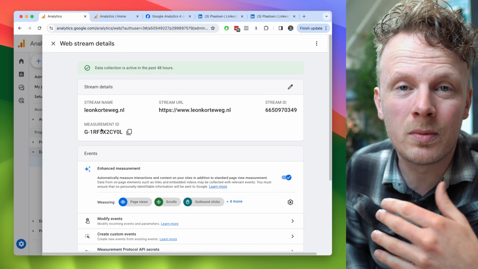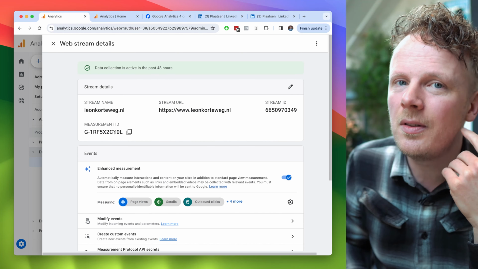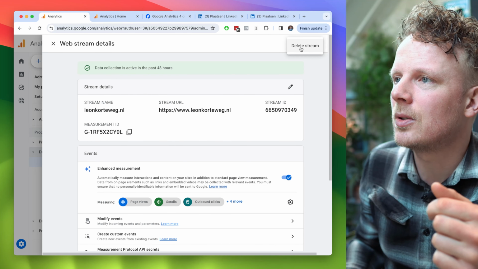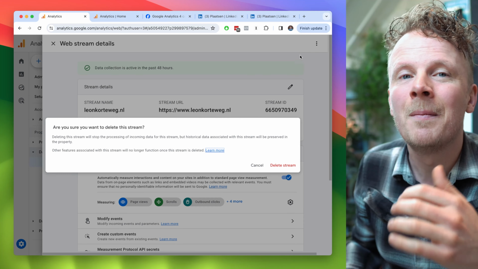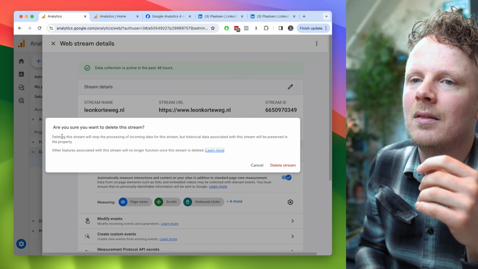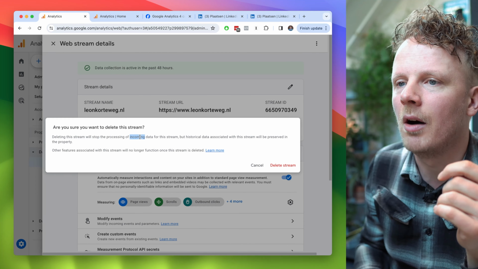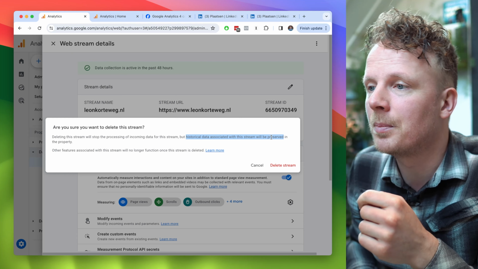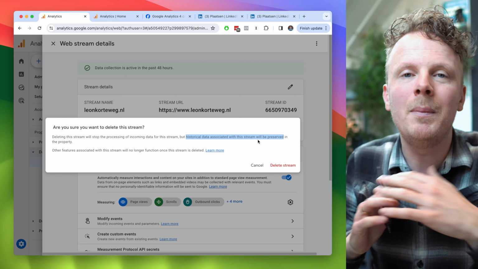So I wanted this reverted, and I thought maybe the easiest way to do this is if I just remove this web stream. In the top right corner you have here the option delete stream, and then you get this really nice message saying deleting this stream will stop the processing of incoming data, but historical data associated with the stream will be preserved. So I was immediately relieved. I thought I can do this, there will be no harm to my property, my data will be preserved. So I went ahead and I deleted the stream, made a new one, started all over again